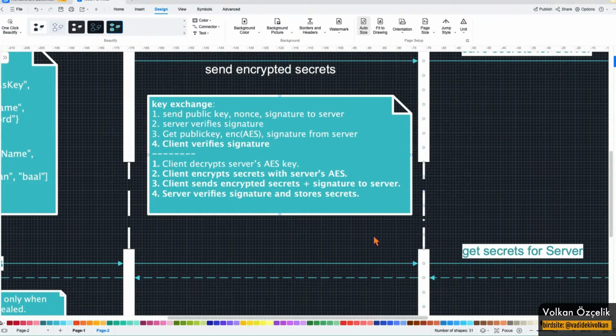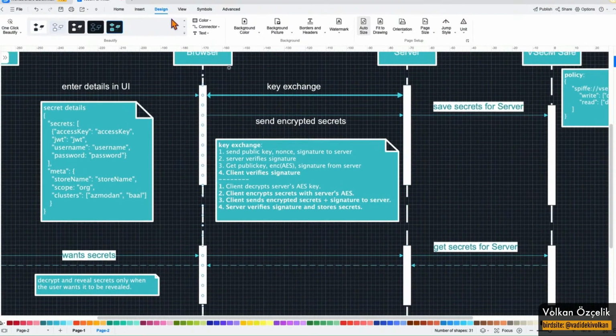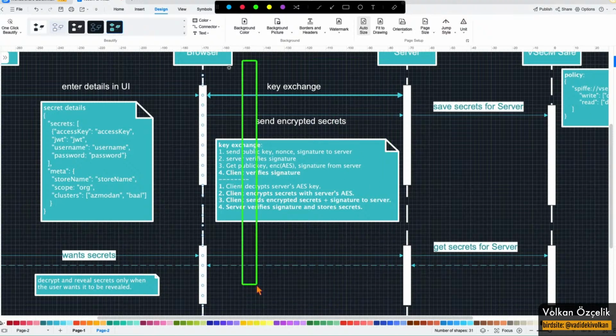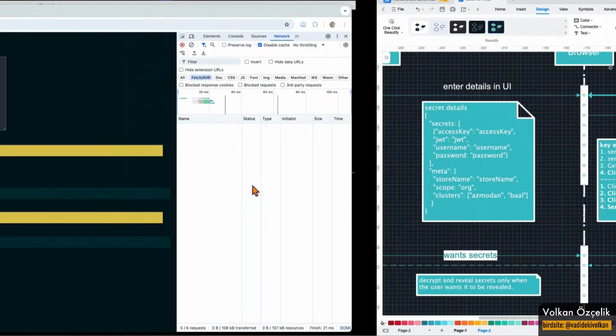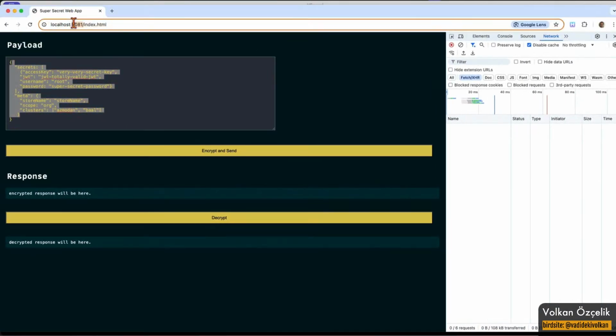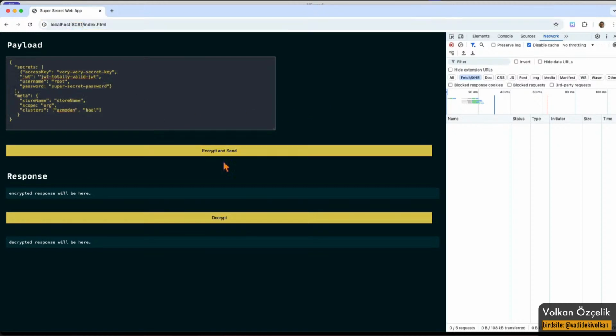The cool thing about this interaction is, in this boundary, let's say this is the network boundary between client and server, nothing sensitive is exchanged in plain text. So we are sending public keys. It is public, so it can be passed in public. But other than that, private keys, AES keys that are used for encryption, and the private data, the secrets data, are all passed encrypted. So you see that this is plain HTTP, but although it is plain HTTP,